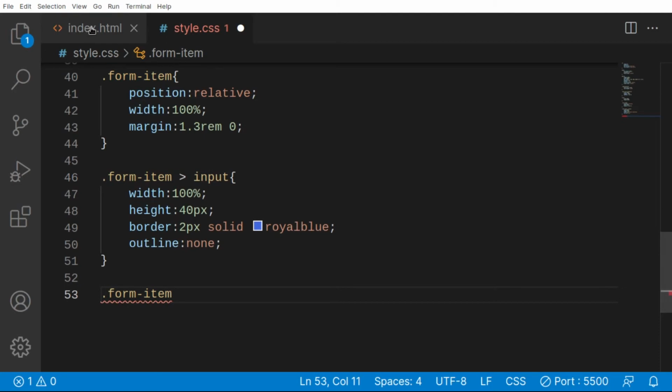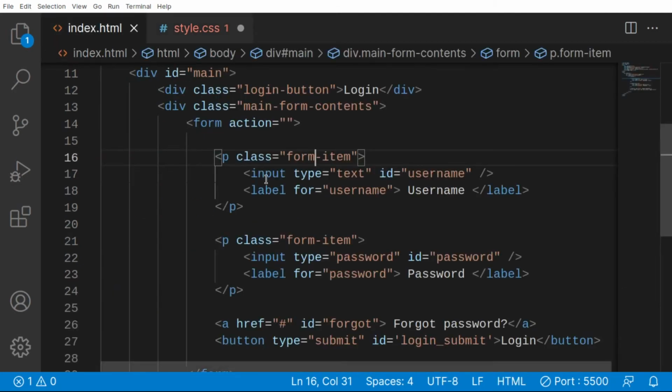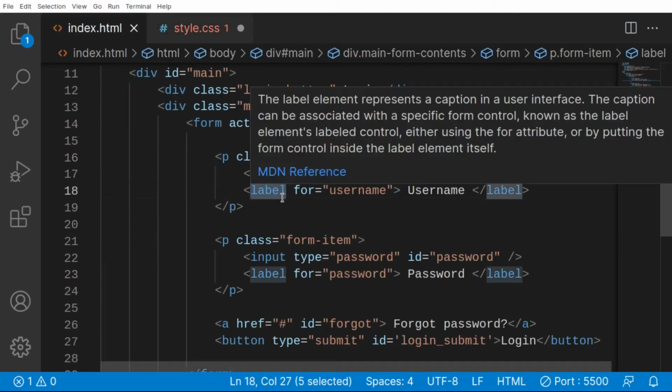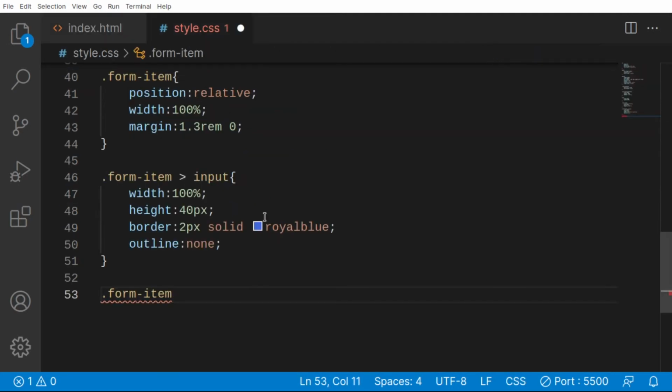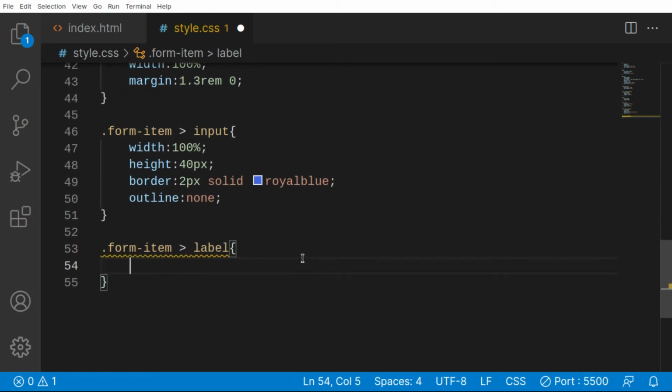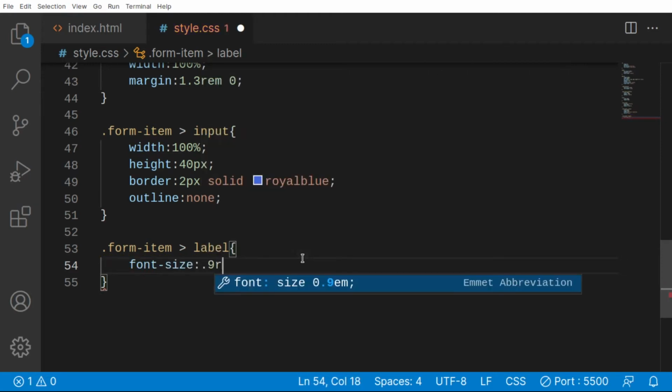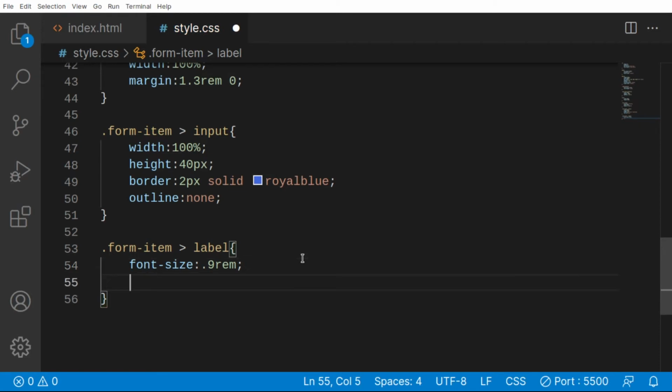If you are wondering what labels are, I'm saying we have to style these elements that consist of our username and password text. And in here we are going to just set the font size. The font size is a little bit decreased, so it will be 0.9 rem. Color will be royal blue obviously,